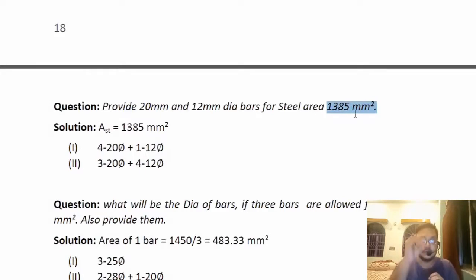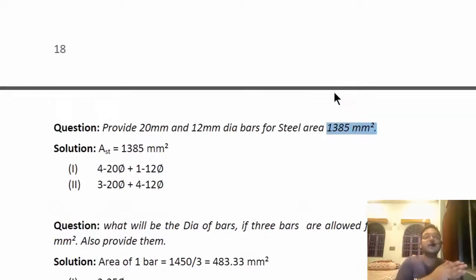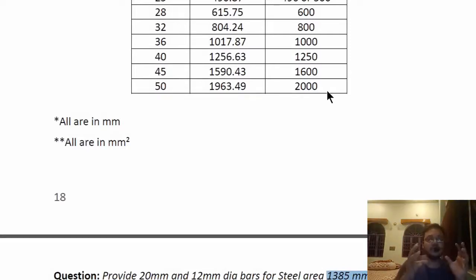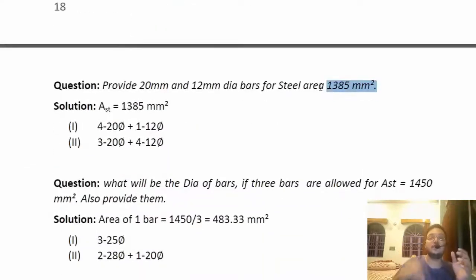square is given to us in a particular question, and you are asked to provide only 20 mm and 12 mm dia bars. I will just ask you to pause the video right here, and without looking at the solution, I know the notes are provided in the description. You can go and check it, but just to give your brain a boost, try to solve this by pausing the video. Just pause the video and try to get what number of bars you are getting, and please post your answer in the comment section.